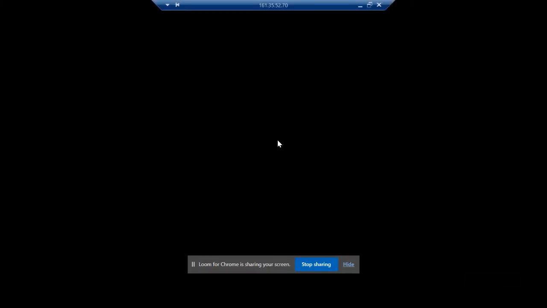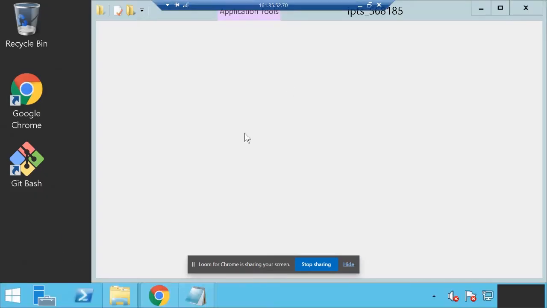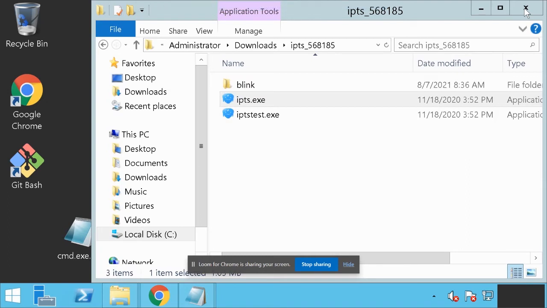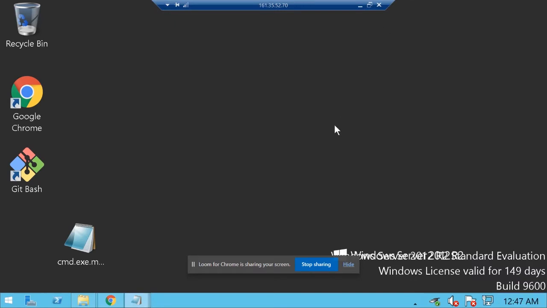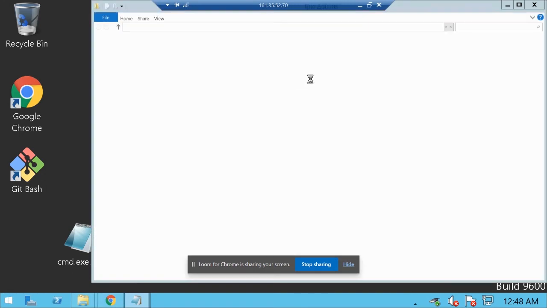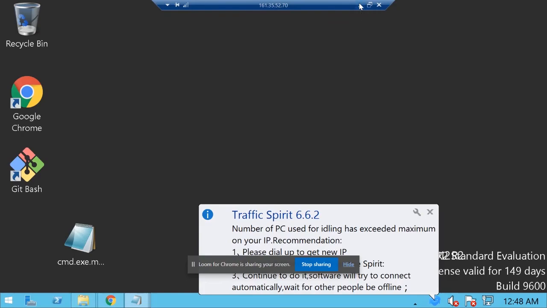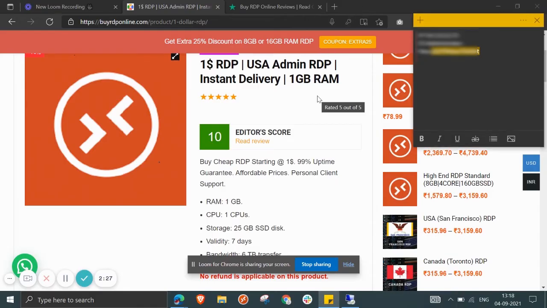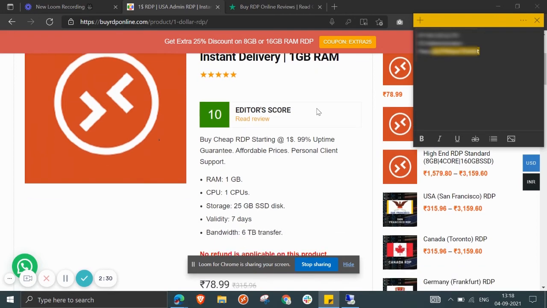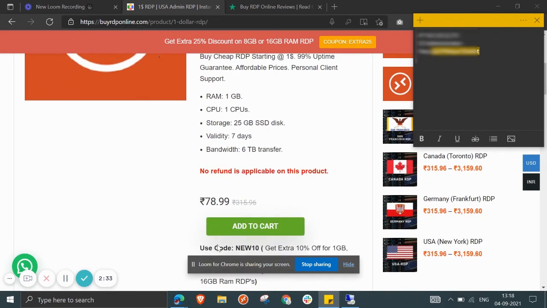You can see here on my screen a new setup is opened, a new display is opened, and this is visible in front of you. This is just like a new system inside a laptop or your computer. So this is how you can simply do it, and you can minimize it, you can close it, you can open it again, you can use both PCs at the same time,